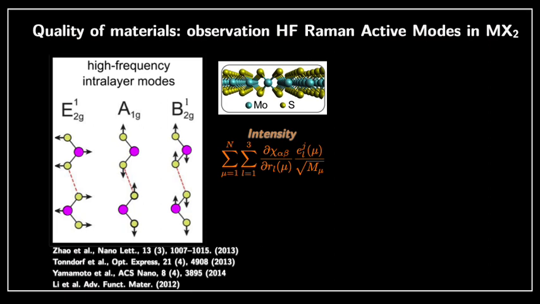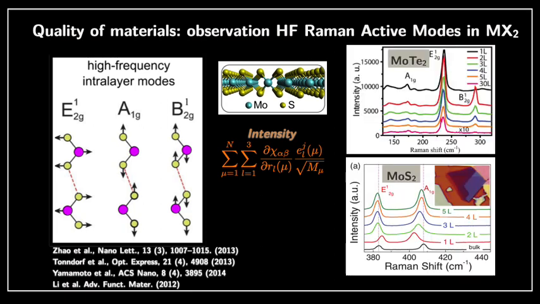So you have different types of dichalcogenide. Here I'm just showing you two examples, MoTe2 and MoS2. And indeed, you can see those modes in the Raman spectrum. In fact, in MoTe2, you see all three modes: E2G, A1G, and B2G. While in MoS2, they are ordered differently, and in fact, B2G is not really visible. But the point is that these modes are well defined, and the frequency changes